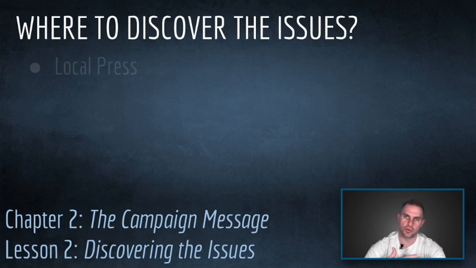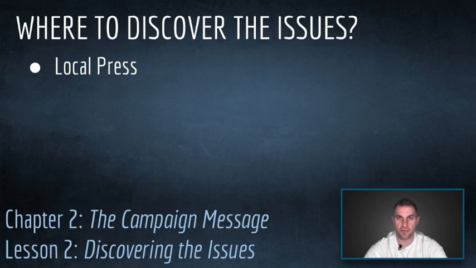So, local press. This is kind of a no-brainer. Your town or your city should have one local newspaper, maybe two, three, four, five plus. I live here in New York City, like I mentioned. There's a million, billion different little newspapers. We have a little tiny local one called the New York Times, and then there's many more that are much smaller for different neighborhoods, different boroughs in the city. So I know that other cities have similar. So look at all those local newspapers to see what the big hot issues are. Pay attention to the editorial page and the commentary.